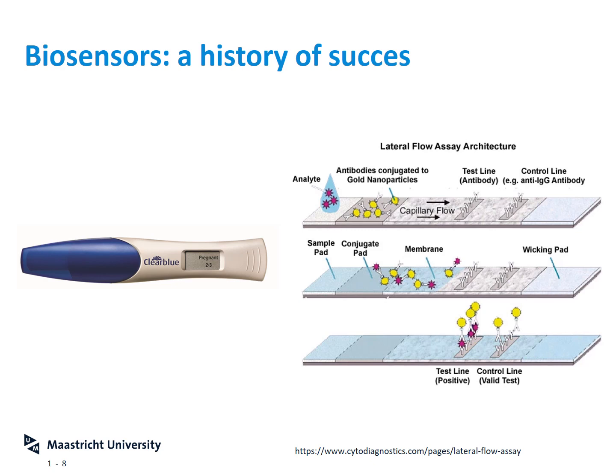On a second test line, there are also antibodies, but these antibodies on the control line are not focused onto the hormone, but onto the antibodies with the conjugates itself. So they will always bind the antibodies that are not bound to a conjugate. This means that when you're not pregnant, all antibodies will bind to the control line and give a solid line there. When you are pregnant, only some of them will bind to the control line and the rest will bind